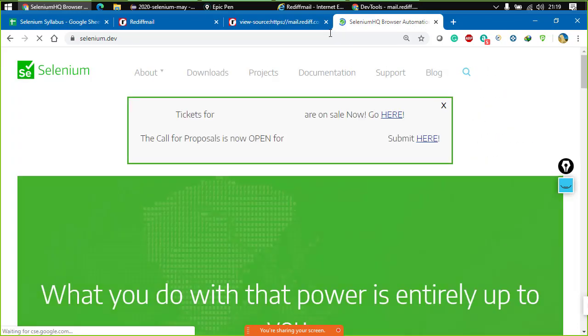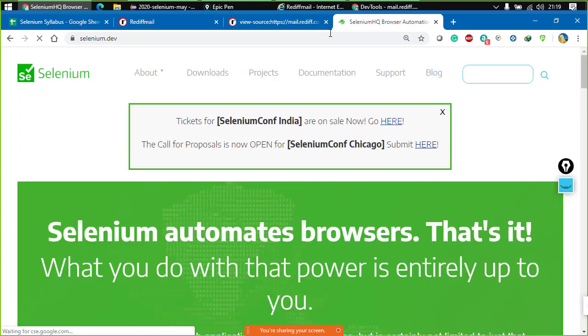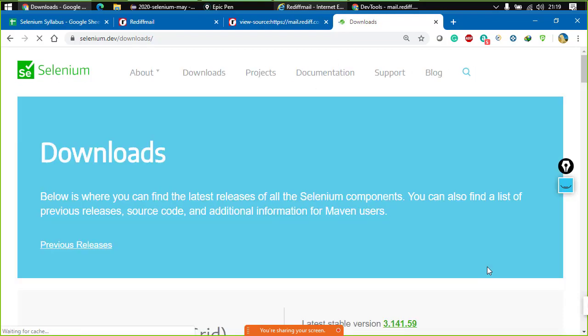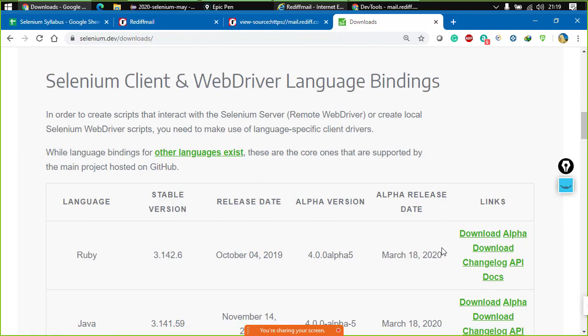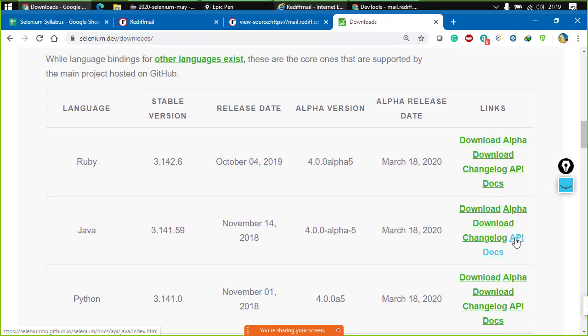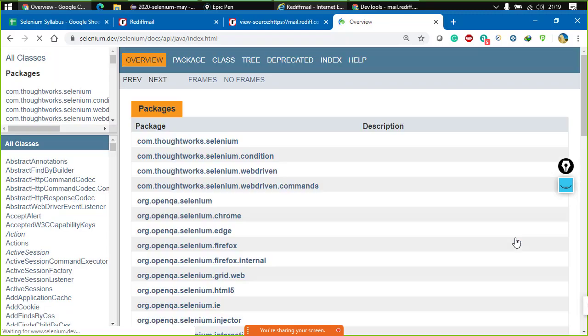And here let us just open Java docs. So go to download section, and here we can simply go to API docs. So over here this page is opened.